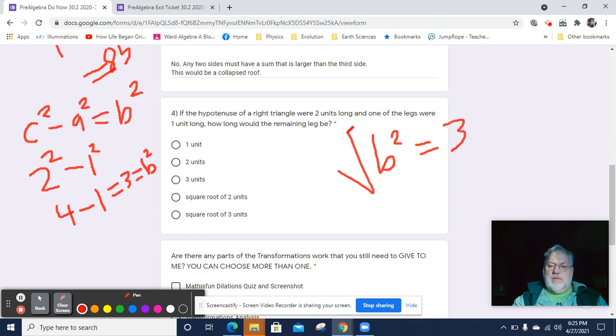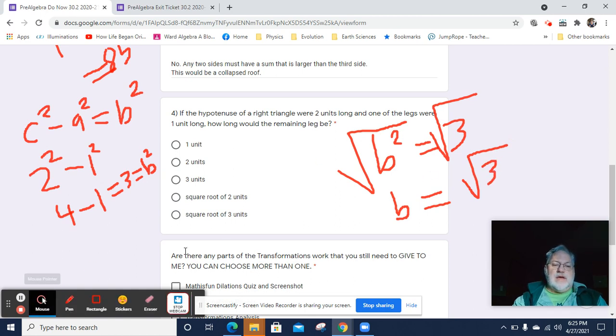And then we take the square root of both sides. Now the square root of B squared is B, because square roots cancel out squares. And the square root of 3 is plus or minus the square root of 3, but we're only going to care about the positive version because we're looking at the side of a triangle. So not 1 unit, not 2 units, not 3 units, not the square root of 2 units, but the square root of 3 units. I hope that